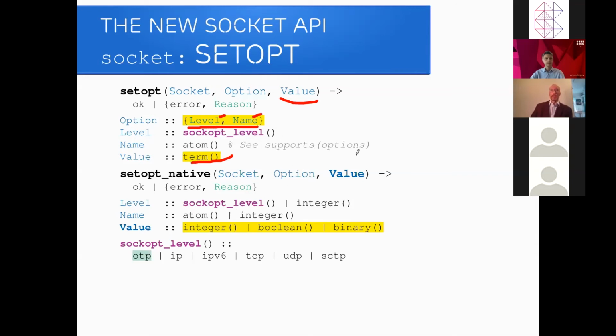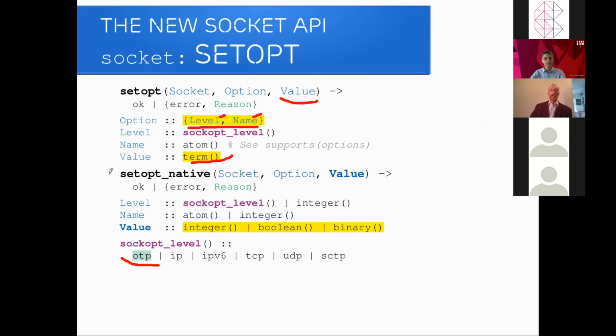Some are integers, some are booleans, and yet again, some are maps when the operating system wants a C structure. We also have our own level, the OTP level, that, for instance, has a debug flag, receive buffer size, the controlling process and so on.